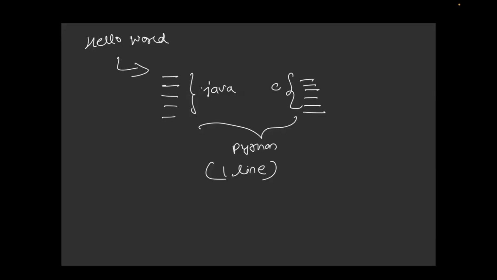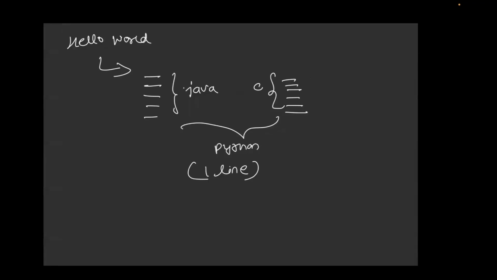Okay. Now Python is getting written in one line. Now why is Python written in one line? There are a few simple definitions you need to understand. Python is a high level programming language. Now what is high level, what is low level? We'll go in depth. As of now, you just need to understand that what was happening when Java and C were written in 5 lines of code, that is low level, and Python is high level.